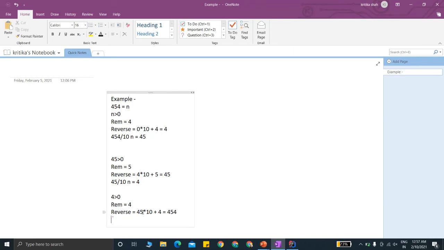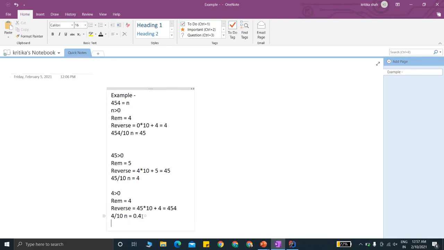And now again we'll divide 4 by 10, which would give 0.4. But n was an integer, so n will only take the value 0.